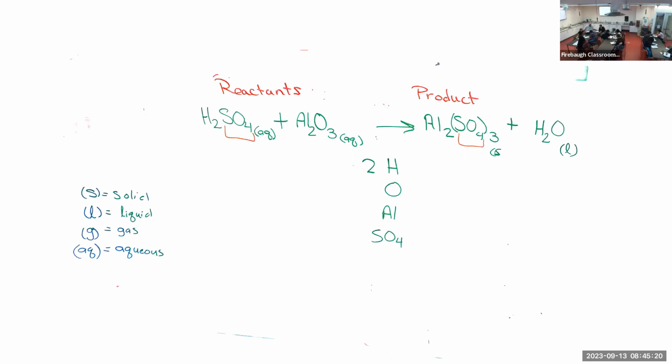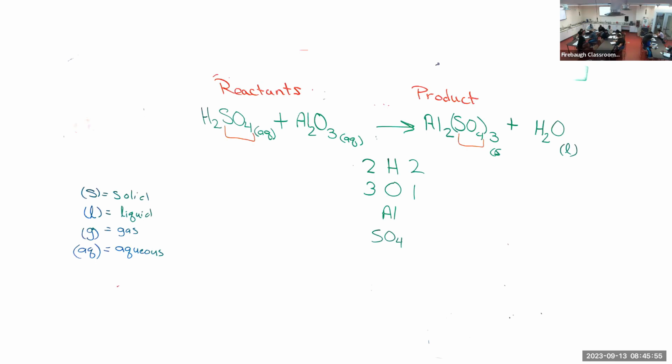Okay, now since I'm able to use this as a unit, then I have 2 hydrogens here. On the other side, how many hydrogens do I have? 2. Okay, oxygens. We're talking about just the oxygen by itself, not sulfur and oxygen. If I look at just oxygen by itself, it has to be alone. It can't be the SO4. So how many of those do I have? And then on the other side,